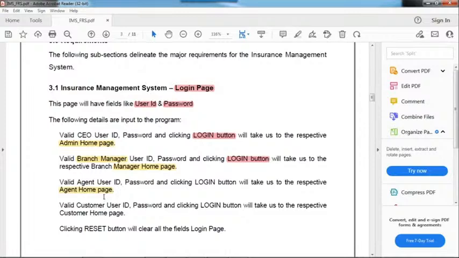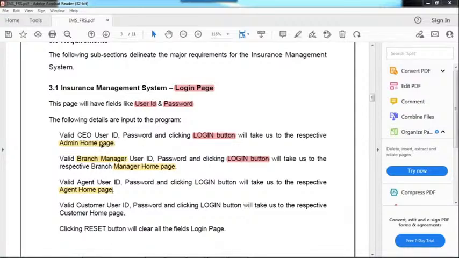So here, we are not depending on the code. We are depending on the requirements. This is one of the most important points. They will provide the requirements. As a tester, I don't know what code is written in the back end. I just log in with a user ID and password, and I need to click the login button.